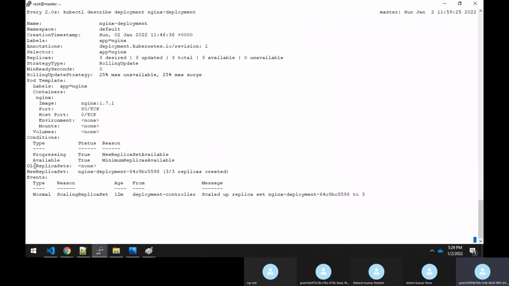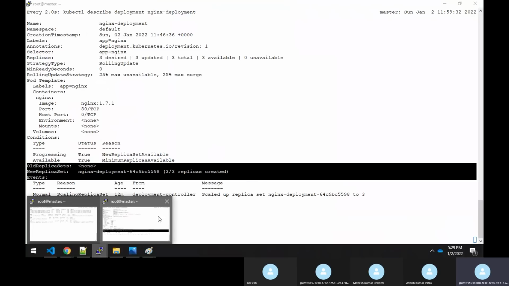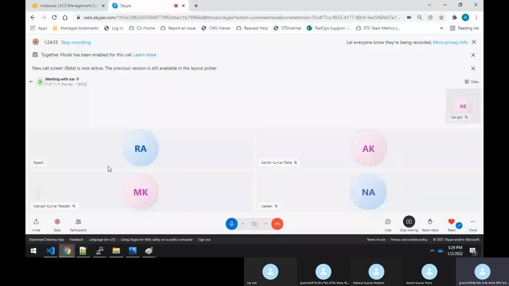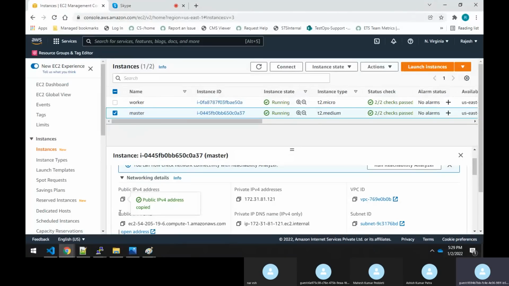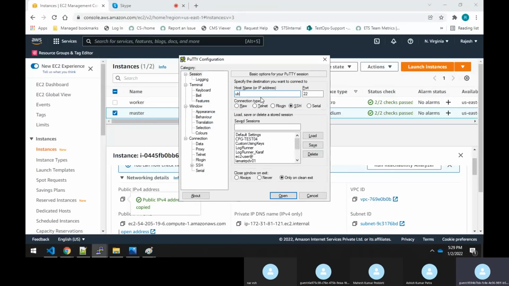You could make out, when I'm doing an update, you could see over here. Now let me open one more session. For this practical, I think I need two to three duplicate sessions.